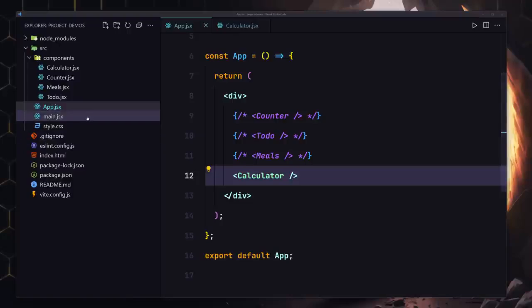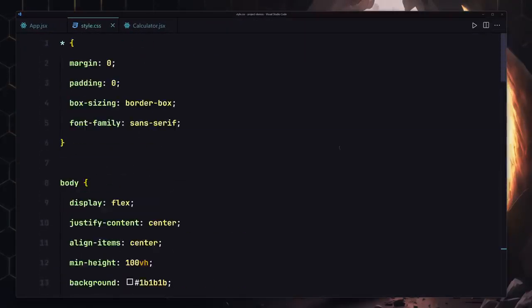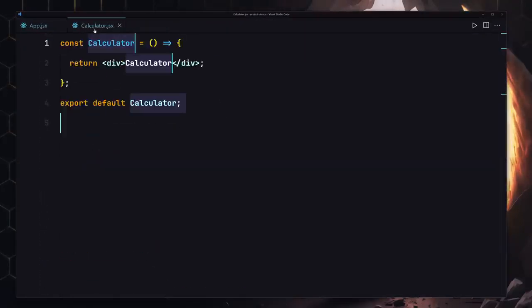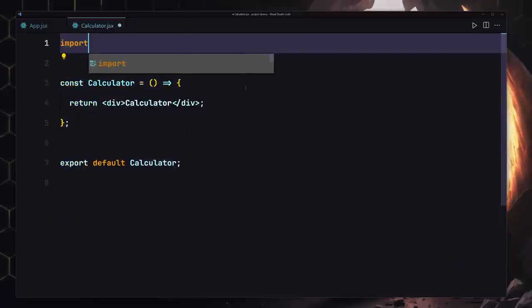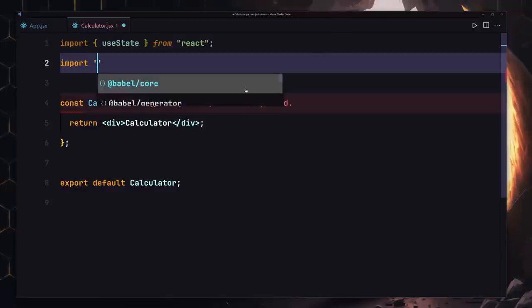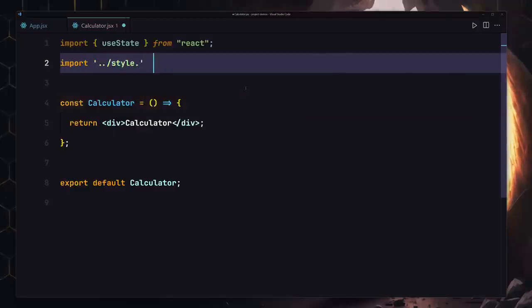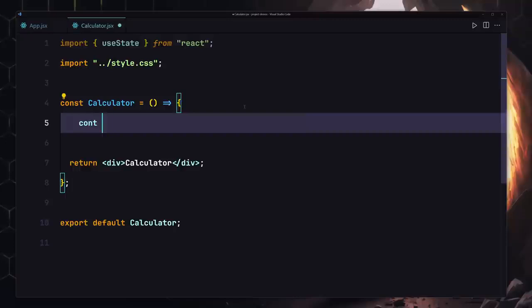I'm going to also go ahead and go to my style sheet and remove every single thing from there and place my new styles right here. Okay, so now I'm going to go into my calculator, and the first thing that I want to do is grab my useState, because obviously we would need some sort of a state. We will also import our style.css, save my file, and now inside this calculator we're going to be using our const